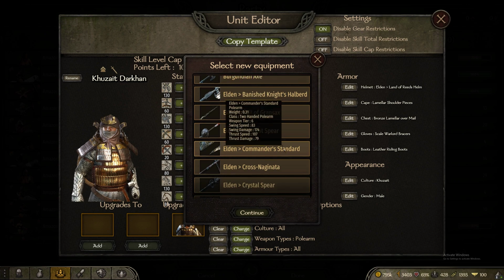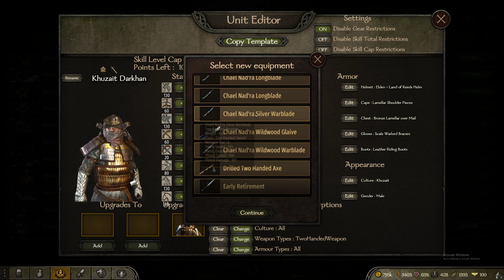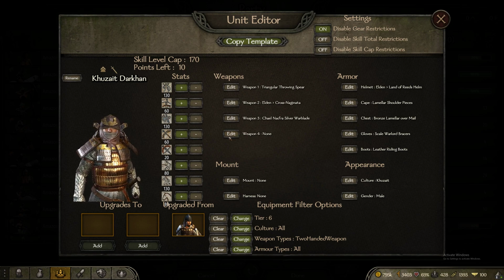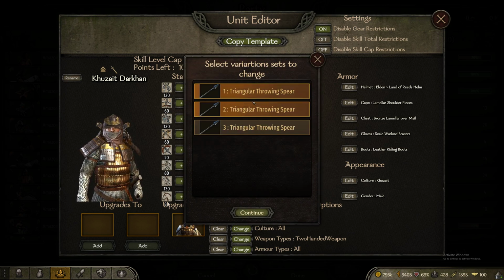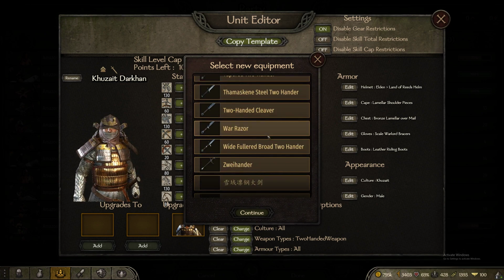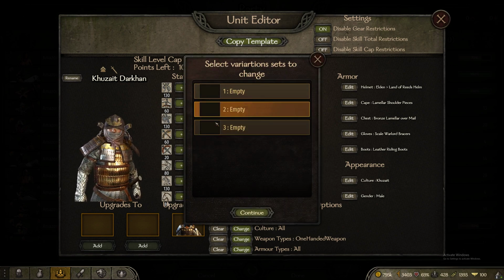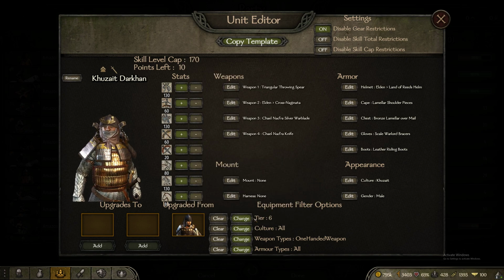First, give him a Naginata. And then what he needs is a proper sword. Shelnadra Warblade. Throwing spear, no, that's not right. So, one-handed weapons. I think there's a Shelnadra knife. Yeah, there it is. It's just a one-handed version of it, an elf blade, but